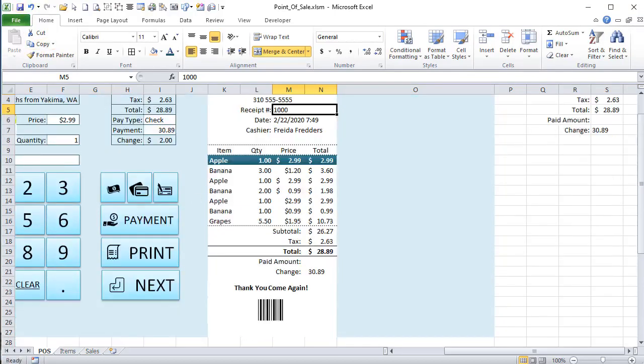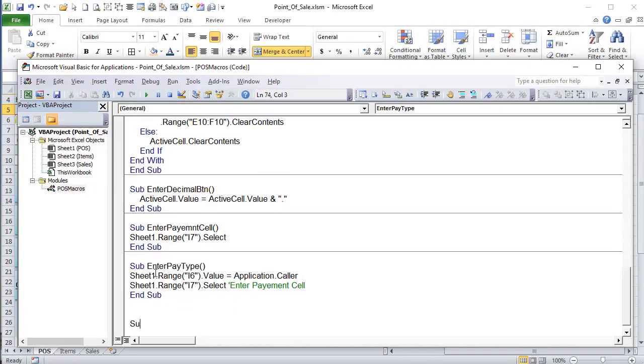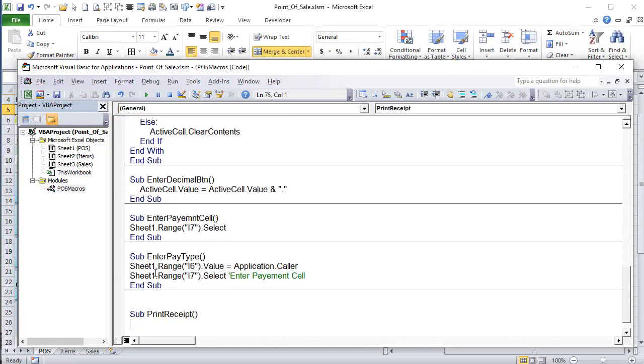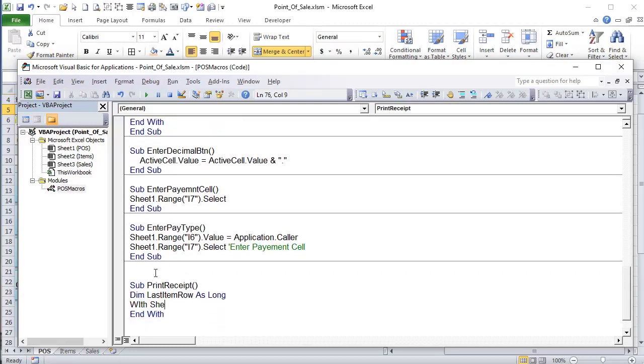And we'll go back into the VBA and create a macro called print. Okay, so let's see, Sub PrintReceipt. We're going to dimension the last item row. We need to know the last item row so we can place the total and all of that on the sheet. With Sheet1, first of all, we want to make sure